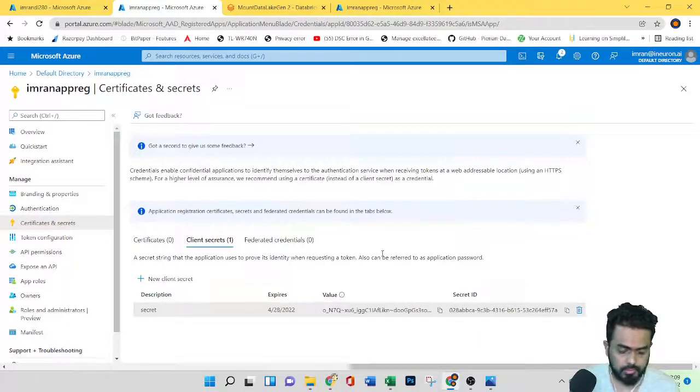Before closing this, you need to copy this. Whenever creating the secret, give the value. Don't give the secret ID. So value.